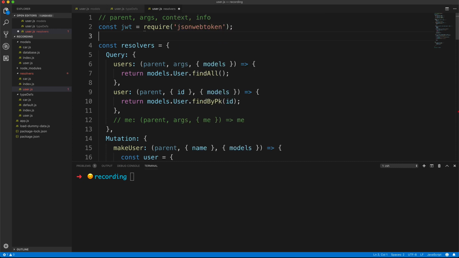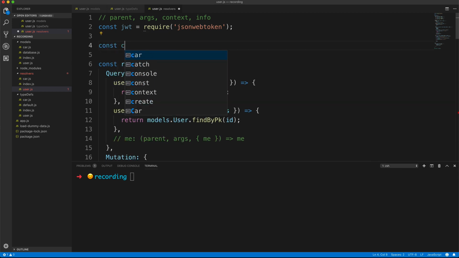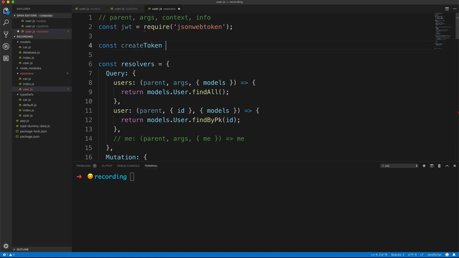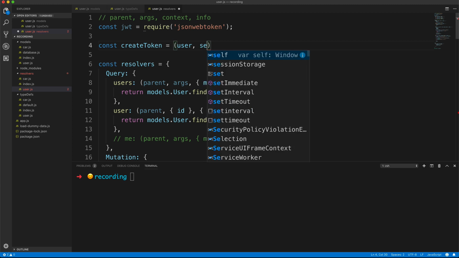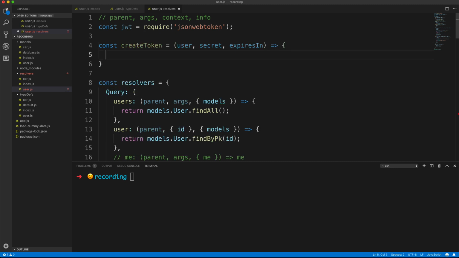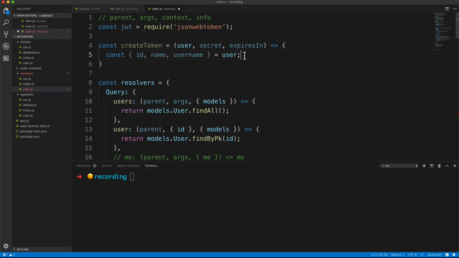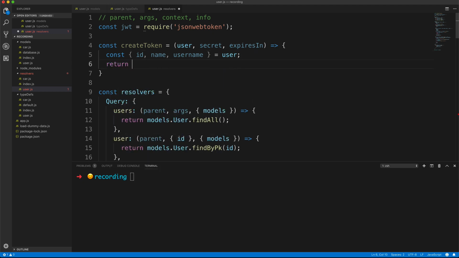So we're going to require that now, and we're going to create a helper function in here. Let's call that create token. That will have a user, a secret, and an expires in argument. And let's then extract the ID, the name, and the username from the user that we pass in. So that's going to be the entire user object. And let's return